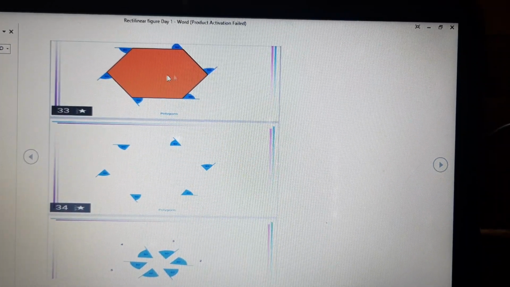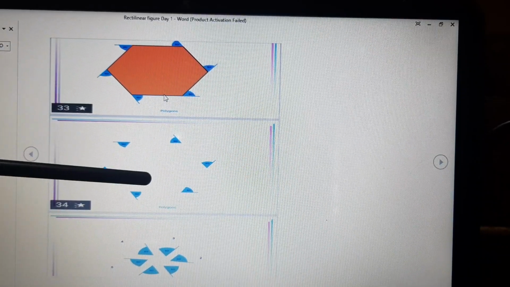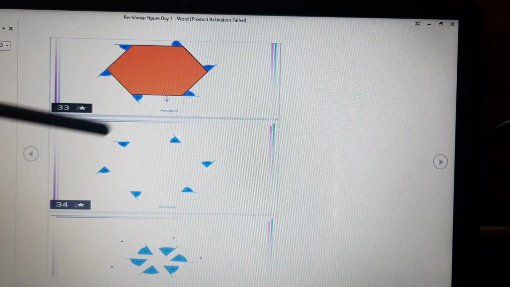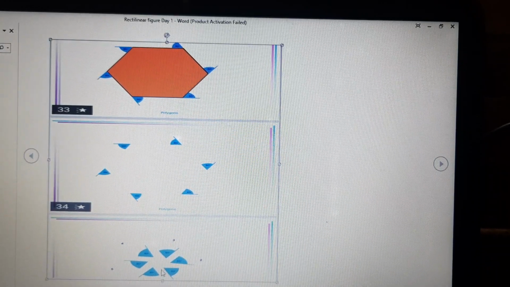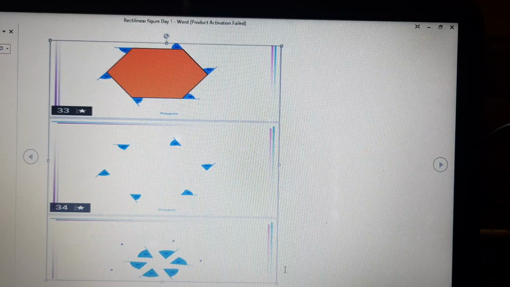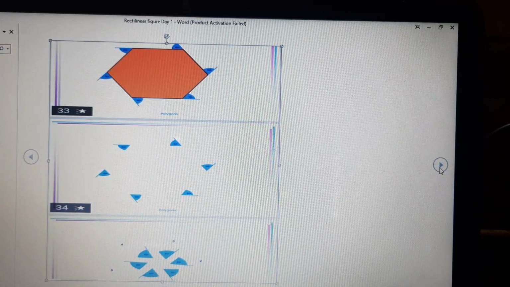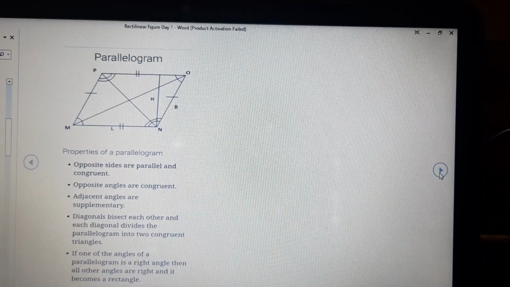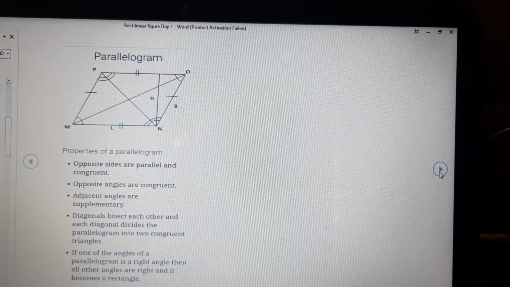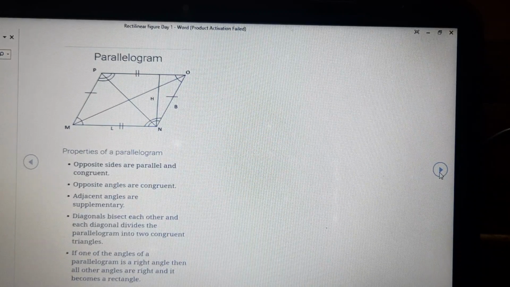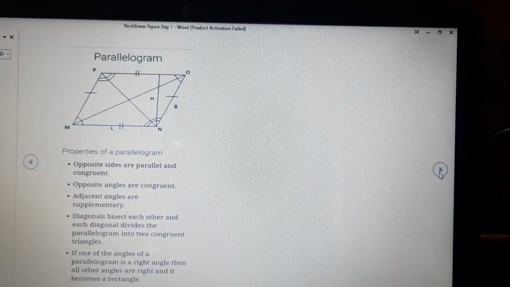So we have removed this. This orange hexagon has disappeared. We have only the exterior angles. If we arrange them properly in this manner, they form a complete angle of 360 degrees. So the conclusion is this: the sum of all interior angles depends upon the number of sides, but the sum of all the exterior angles of a polygon remains 360 for all polygons.